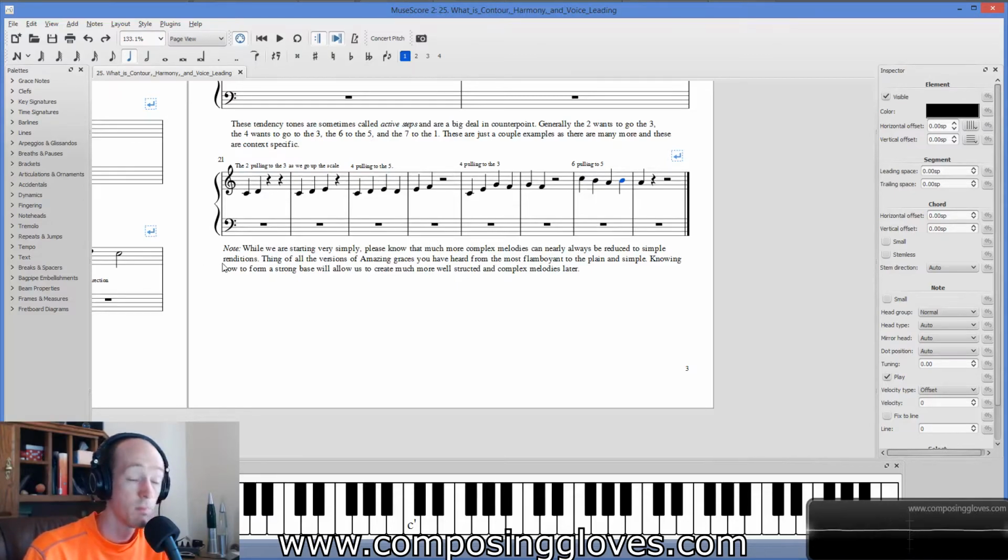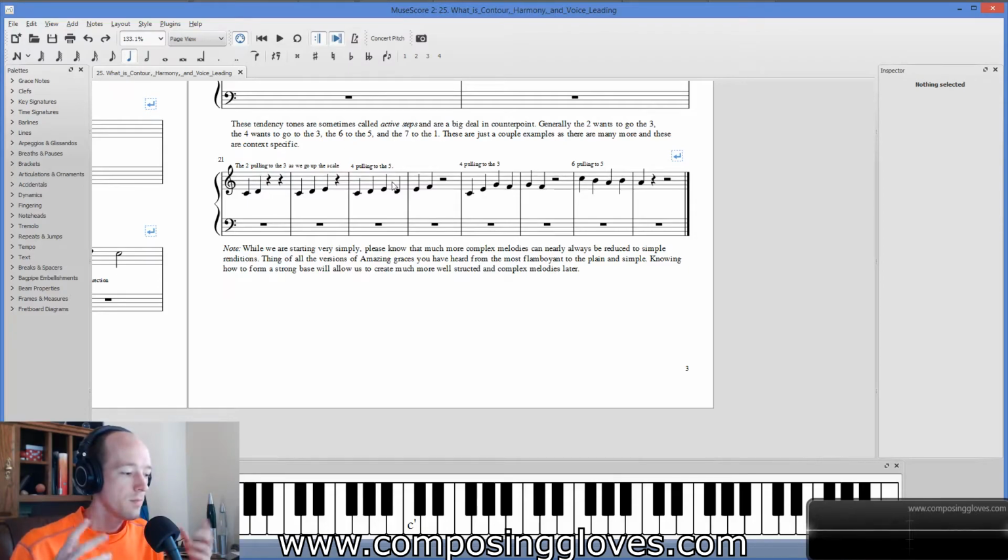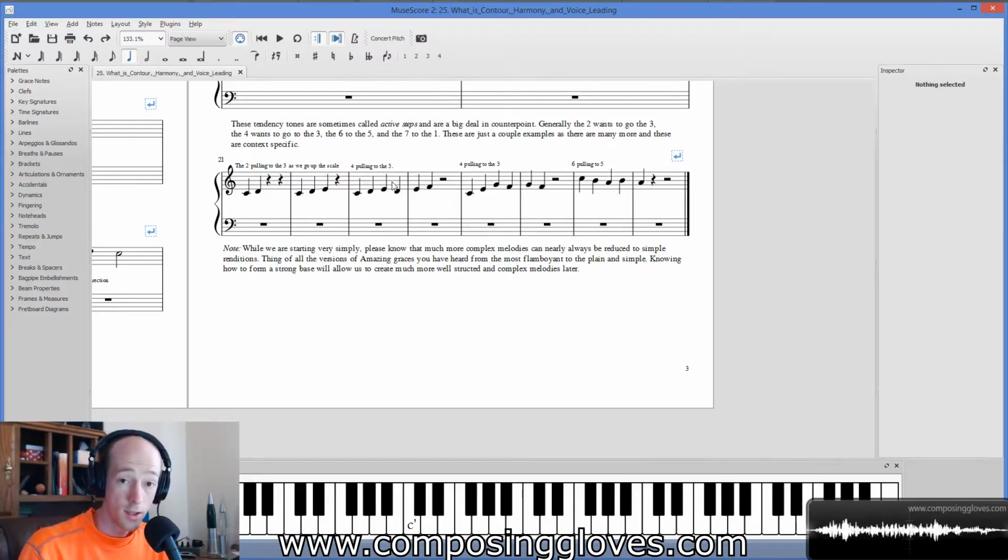reduced to simple reductions. What does that mean? Well, a lot of you want to write these crazy pieces of music, right? And I'm going to show you how to do that. What you do is you start off with something simple like this, and then we're going to use a bunch of tools I'm going to show you as we progress through, actually, this is mostly a harmony 2 thing. But as you go through harmony 2, you'll begin to see all these melodic neighbor tones and passing tones and all these things that allow you to make cool melodies, those crazy ones like dun dun dun dun dun,